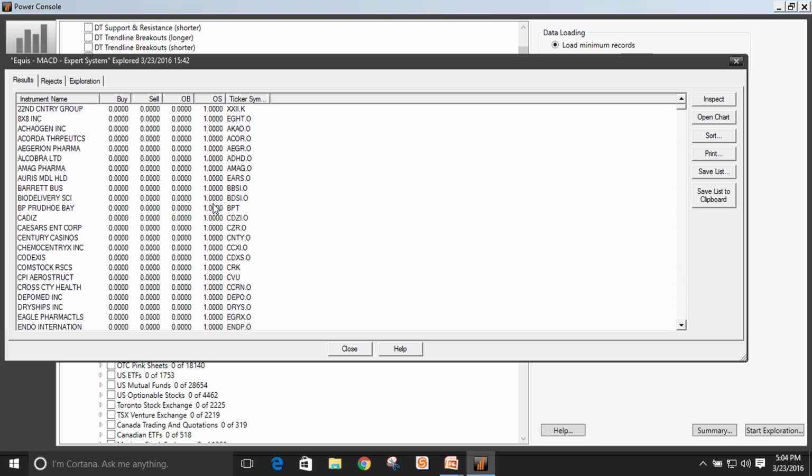Yeah, of course, you have the ability to save the list or open up the charts and take a look at them from here. It's a very robust platform. And I would say scanning, data mining, I've talked to customers of ours that have been with us for a number of years, and the real reason they buy MetaStock